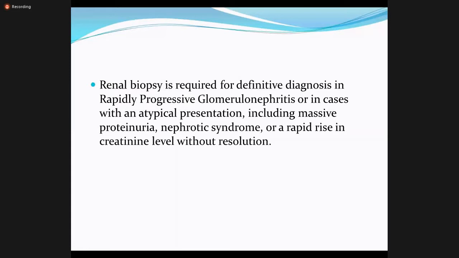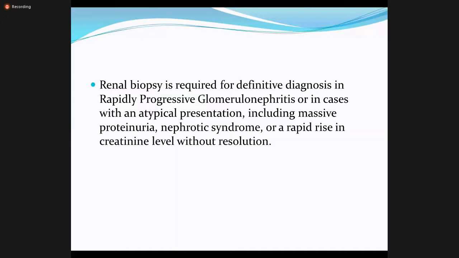The prognosis in acute glomerulonephritis is basically a self-limited course with good prognosis. You only have to manage the patient symptomatically. 95% of the patients completely recover without any residue, but less than 5% of the patients may progress.